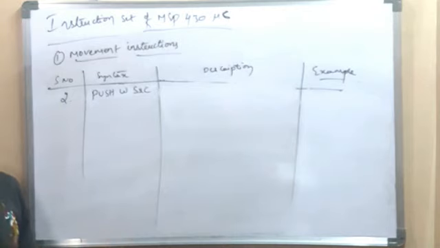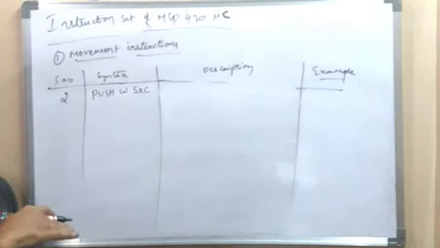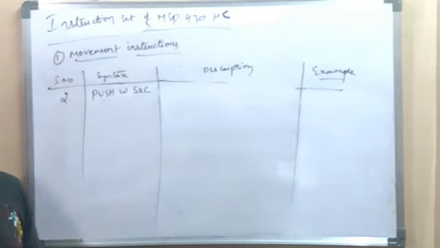right? Whenever the subroutine is executed and the processor has to return to main program, there will be a return instruction in the subroutine, that is subprogram. So whenever the processor looks at the end of the subroutine, the return instruction, it comes back to main program current address location. So at that time popping is done. In order to store the current address of the main program, this push instruction is used.